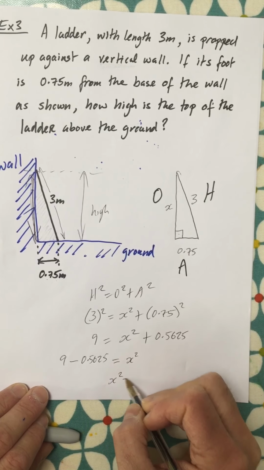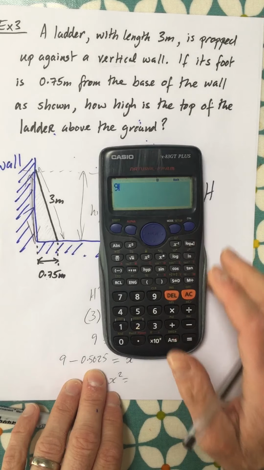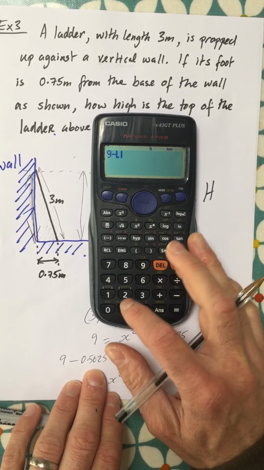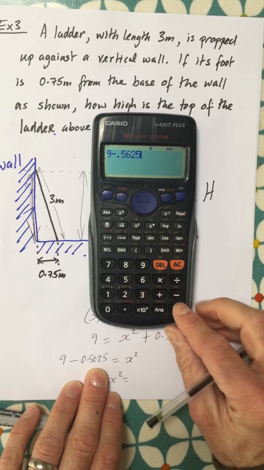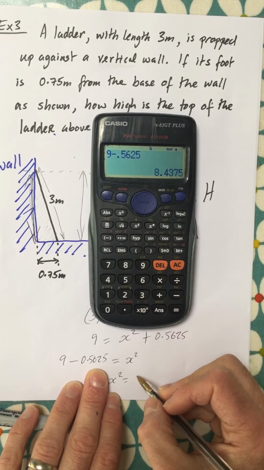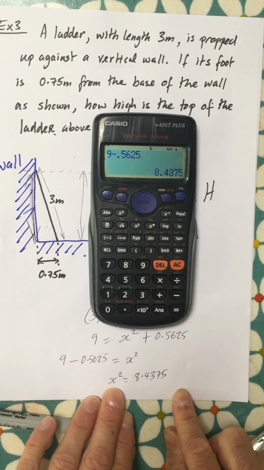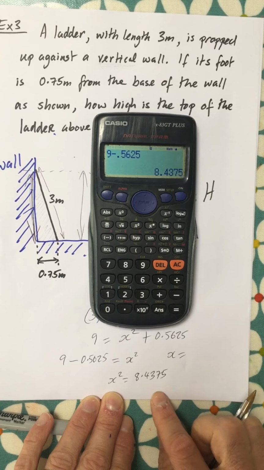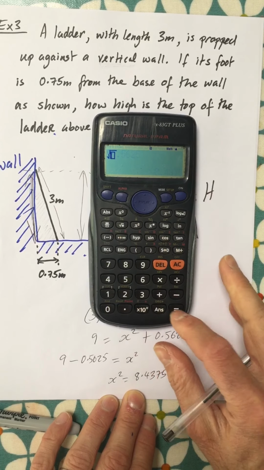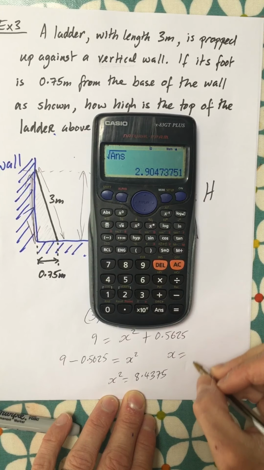And then I'm able to write x squared is equal to, and I just get 9 take away 0.5625, and I get 8.4375. Keep all the decimals for now. And last but not least, x is going to be the square root of that. So I'm going to hit the square root key on my calculator, and press the SD button, and I'm getting